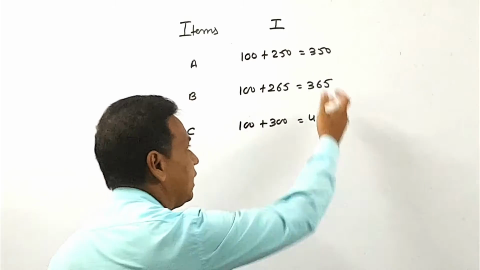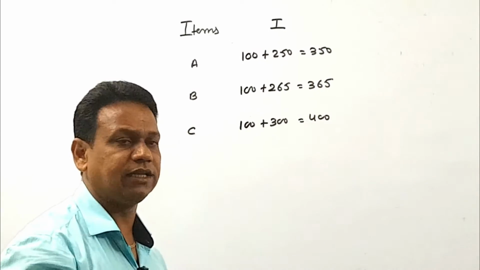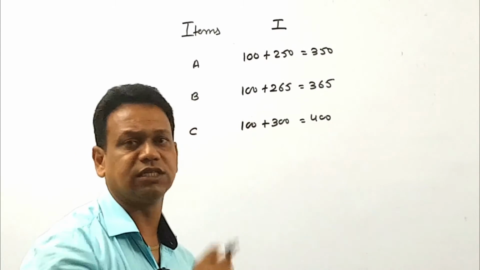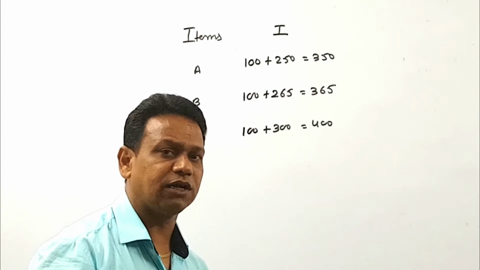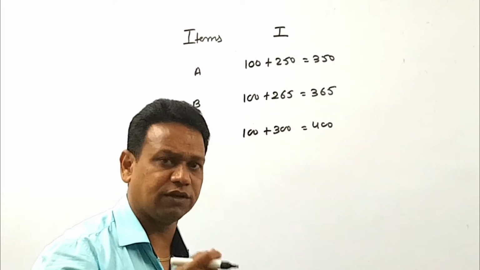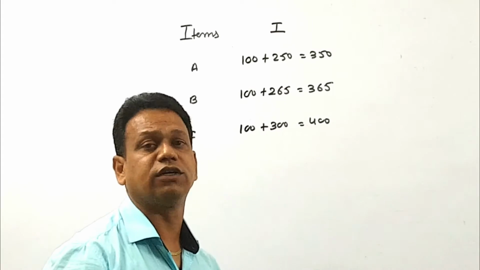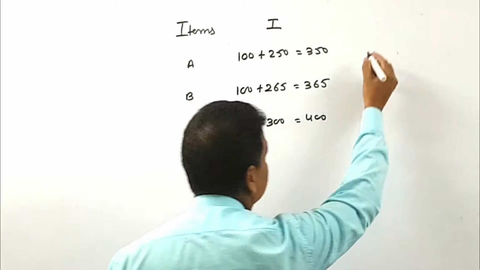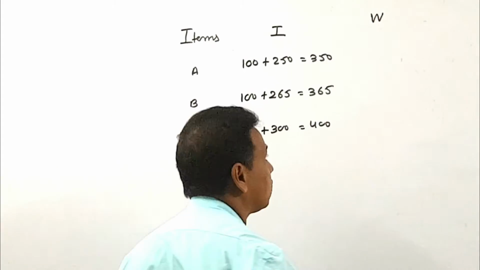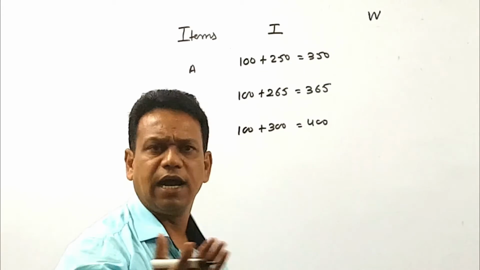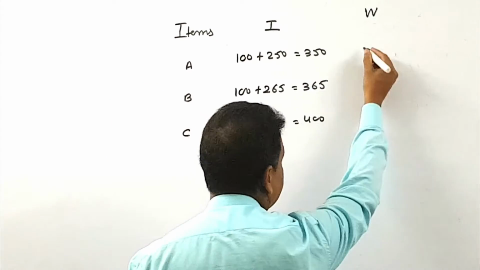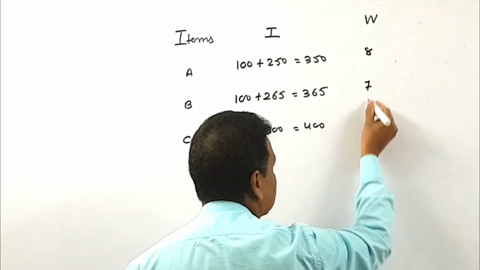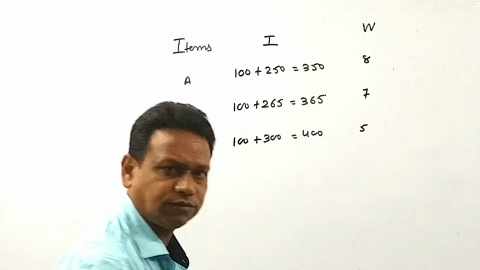So these are our indices after adding the increased percentage to our base index number. Also they have given weightage, but this time the presentation of the given weightage is different. They have given the ratio. So simple, there is no worry: you have to mention the column W, that is weightage, and the ratio is available as 8:7:5. So we put directly the amounts 8, 7 and 5.